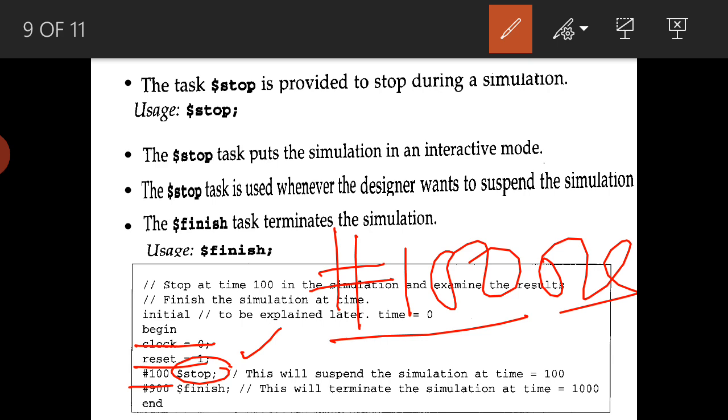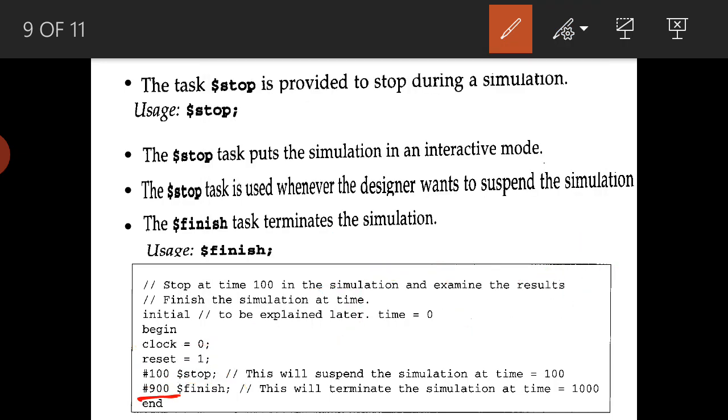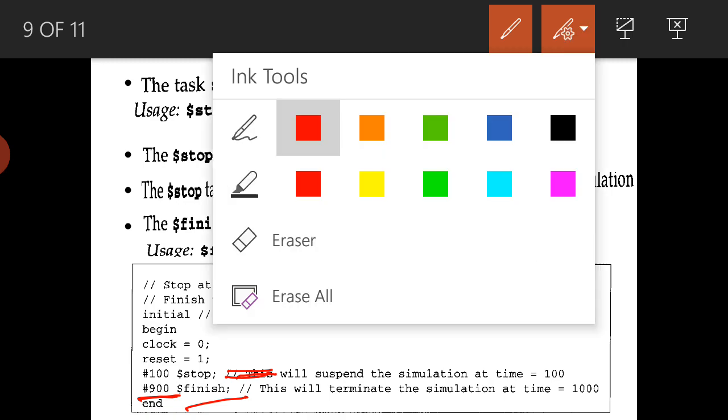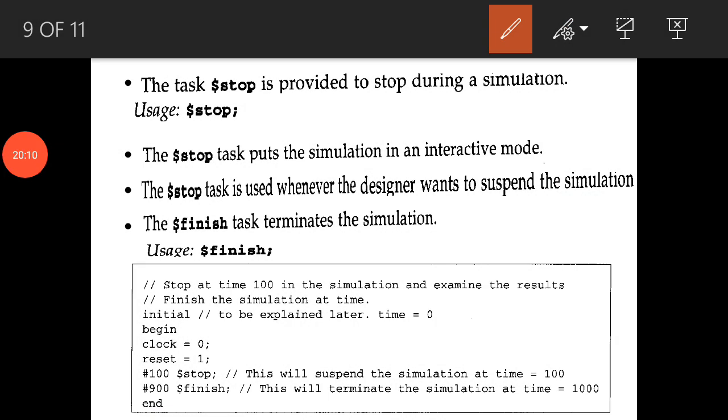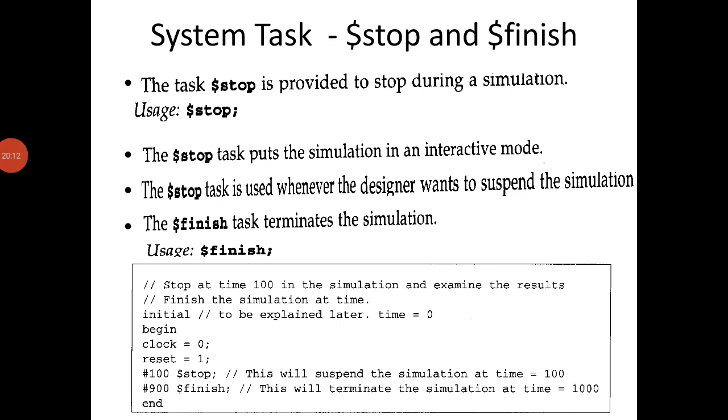After that if you run again, it will terminate after 900 nanoseconds from the 100 nanosecond point. The 900 is not from the beginning, it is after the stop point. This is the difference between dollar stop and dollar finish.